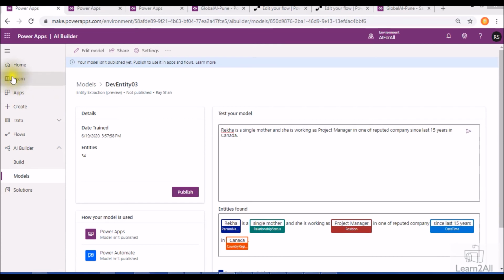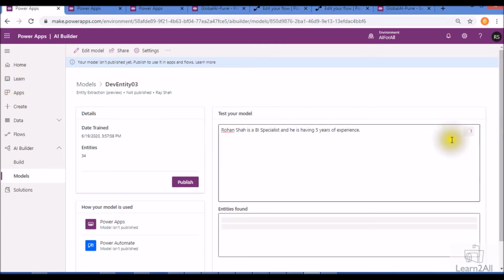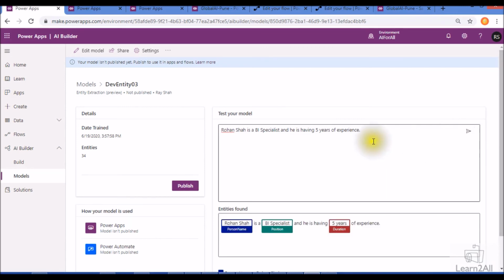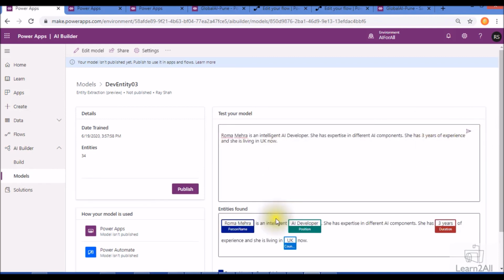Let me test this one. So yes, now it has detected the exact same data that I wish to have. Earlier it hadn't detected any position properly, so now it has detected. Same way, let's see for Roma whether it detects the information properly or not.